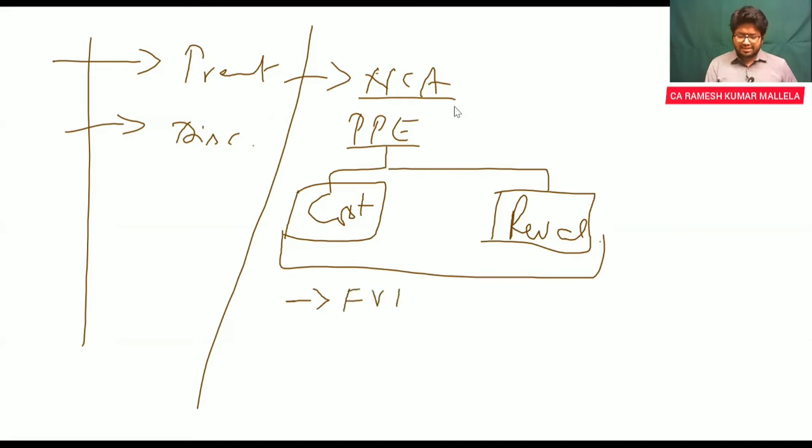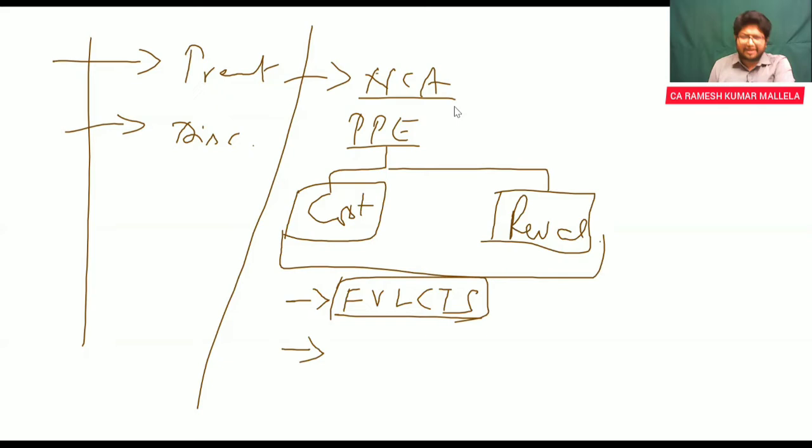fair value less cost to sell, FVLCTS. Fair value less cost to sell is the price at which you are supposed to bring each of these assets or groups to. Okay. Now, what does this fair value less cost to sell mean? Today, what is the price at which I can sell it? And what is the cost I would incur to sell it? That is your total fair value less cost to sell. So, which means either cost model or revaluation would not apply, and you would recognize the asset under fair value less cost to sell.